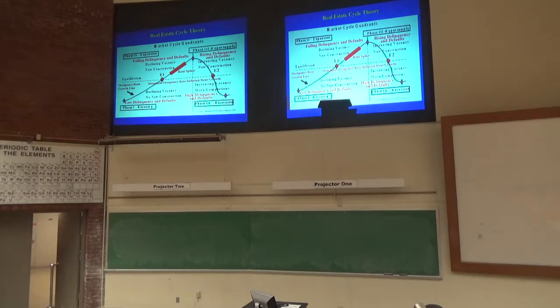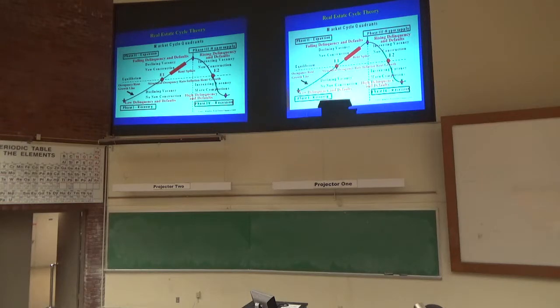So as new supply comes online and as demand starts to drop, we blow through the second equilibrium point. Supply continues to come online. Once we blow through that second equilibrium point, vacancy rates start to move up very quickly, rents start to fall, valuations start to fall, and the market is still in an oversupply condition, and we're in a recession. So quadrant 4 is oversupply, recession. Quadrant 1 is recession, no supply. Okay? I can plot along that line and in those quadrants each individual metro area by property sector.